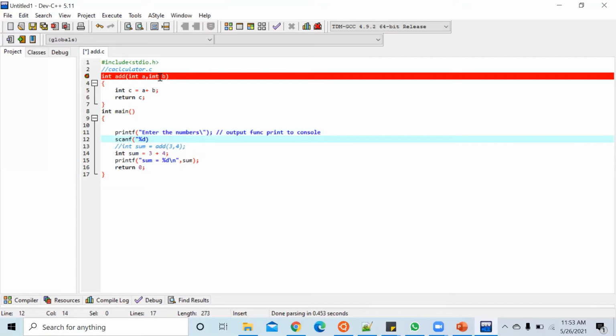Scanf percentage d, address of A, address of B. Let these two numbers be int A, comma B. So scanf is an input function.